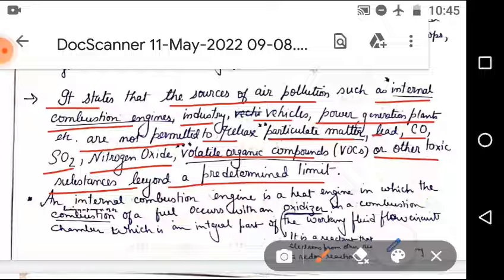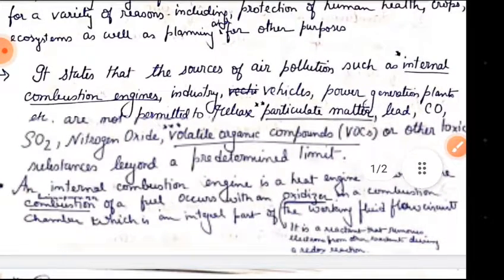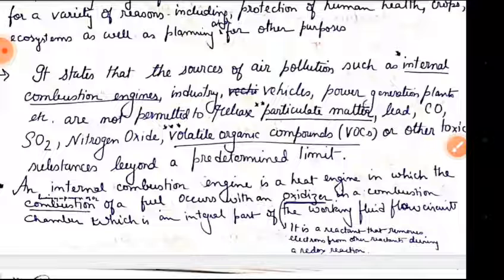Normally, an internal combustion engine, I think you know, but still I have written here: an internal combustion engine is a heat engine in which the combustion or burning of a fuel is done in the presence of oxygen with the help of an oxidizer in the combustion chamber. So there is a chamber called the combustion chamber. Whether you are using a car or bus or a scooty, all have a combustion chamber, and in this chamber the fuel is burned in the presence of oxygen,